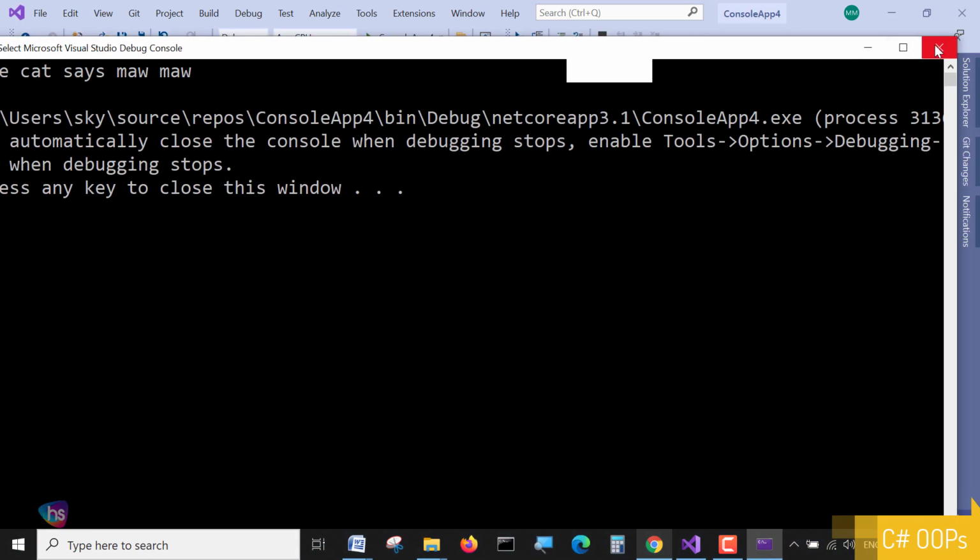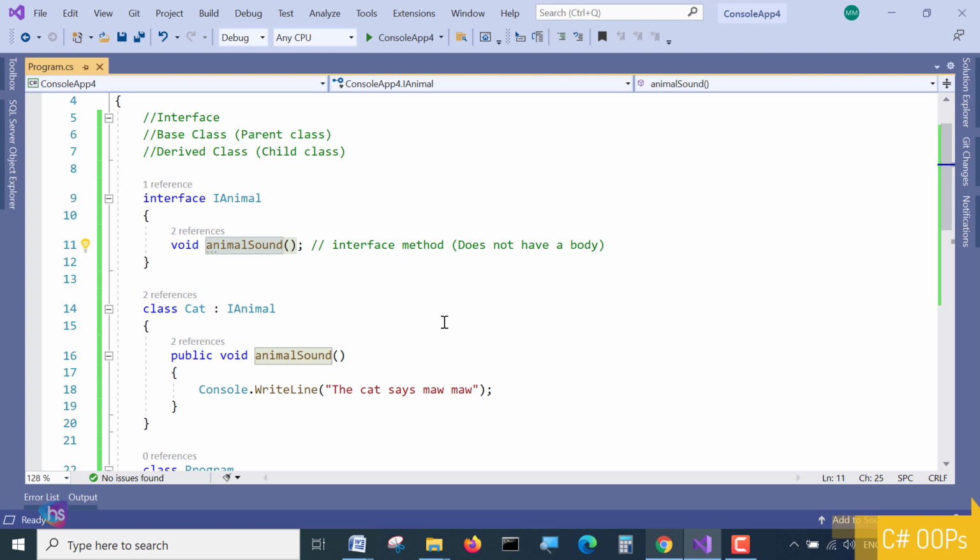So that is how we implement interfaces. If we want to implement multiple interfaces, we add a comma and then the next interface name, and many methods are there. Accordingly we can call whichever method we want. You prepare the interface name and method, add it here, specify a space, and add the interface name. That's it. You can implement many interfaces in the same child class.